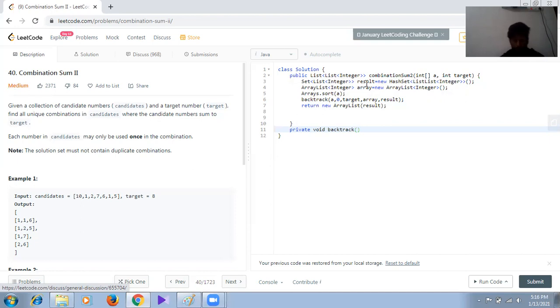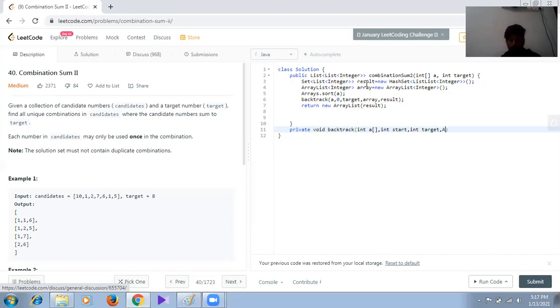So every parameter that is passing from the calling side, we have to catch every parameter. The first parameter is the array, which is int a. Now the second parameter is index, that we will take for the start. Now the next parameter is our target, so we will put the same name, because that will be easy for us. If we take different names, it will become confusing. So that's why we are taking the same name, which is int target.